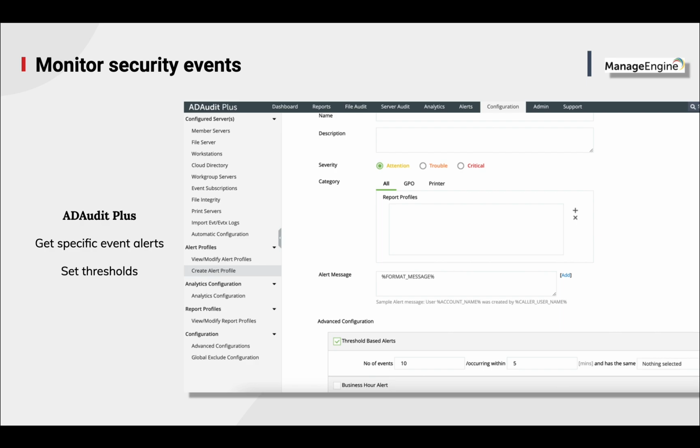You can also set thresholds on the number of events that occur, and based on the same, you can get alerted. So if just one event occurs, do not alert me, but if it occurs 10 times within 5 minutes, the same can be configured as attention, trouble, or critical, and you can get alerted as an IT administrator.